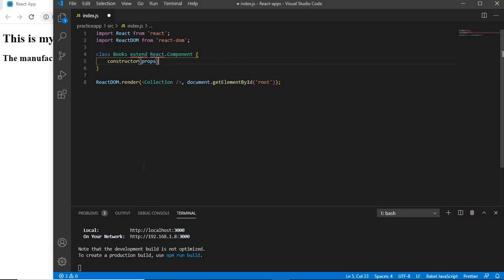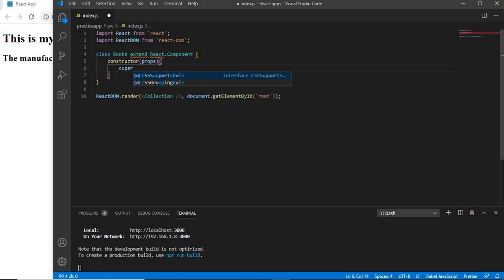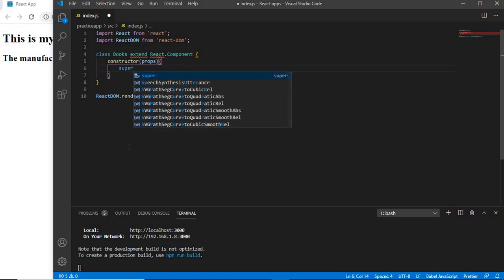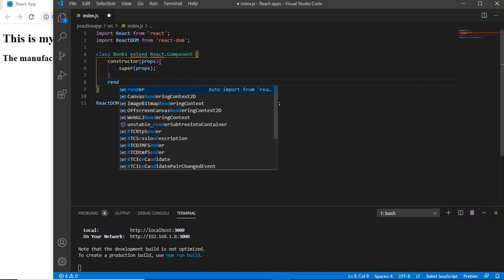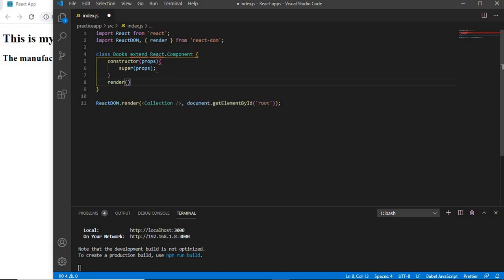If you want to use props, you have to pass it to the constructor function as an argument, and then to pass it to the React.Component class, we have to pass props through super. After this, let's put a semicolon here. And right after this, let's give it a render. And in the render function, let us return